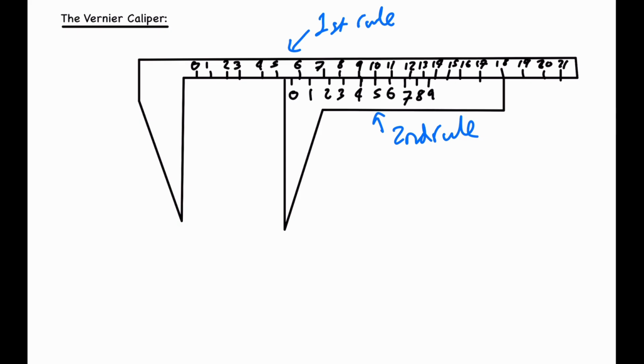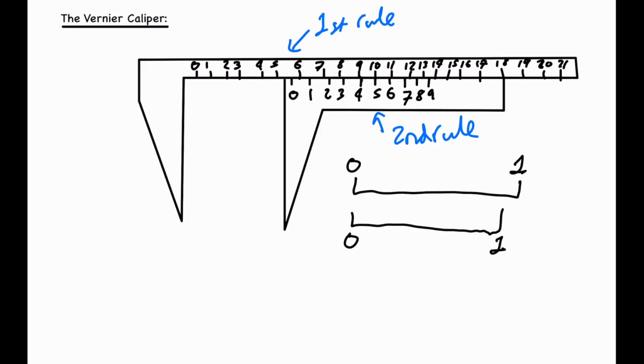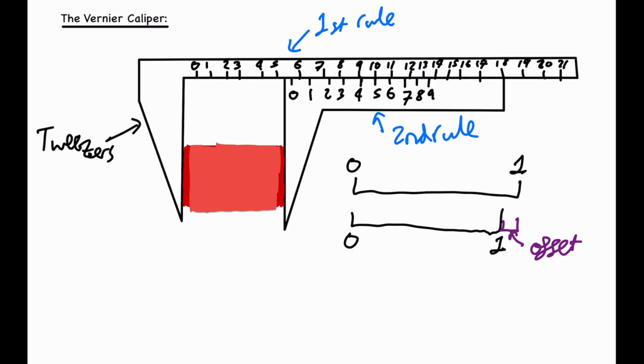So if we have the first ruler that looks something like this, from 0 to 1 centimeters, the second ruler is offset from 0 to 1, adding a second degree of precision because it is offset by this small amount. So to read the vernier caliper, we also have tweezers, which are these two over here. If you have an object pinched between the tweezers like this,